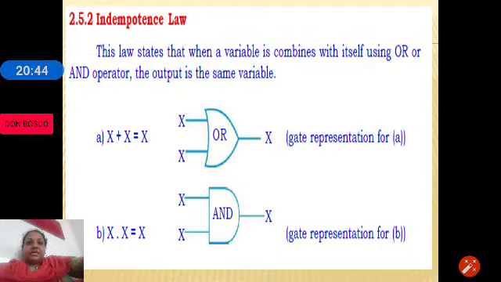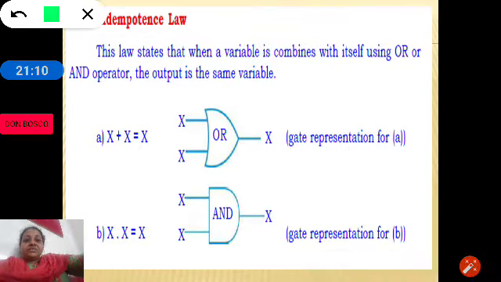Next is the idempotence law. The fifth and sixth theorems of Boolean algebra are also called the idempotence laws of Boolean algebra. Let us take the first idempotence law.